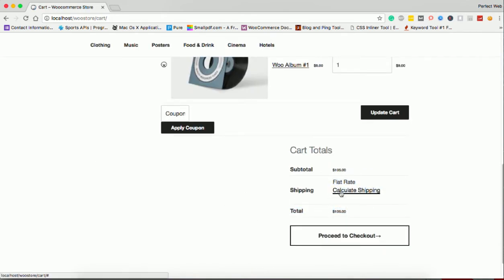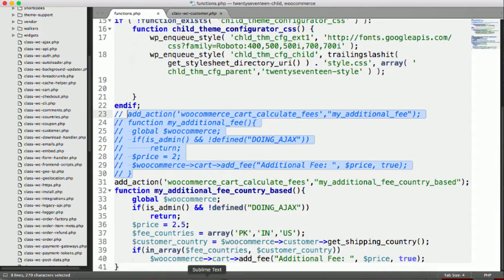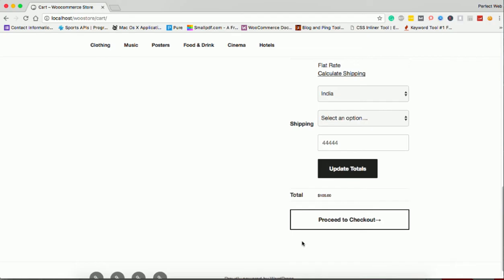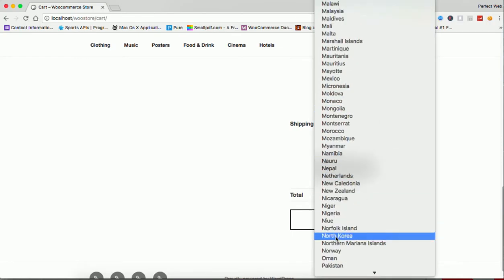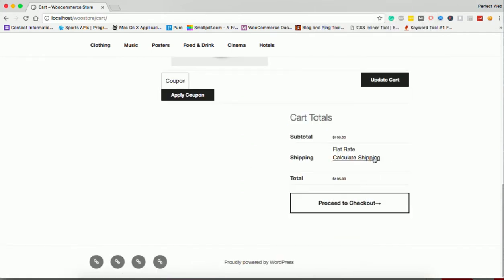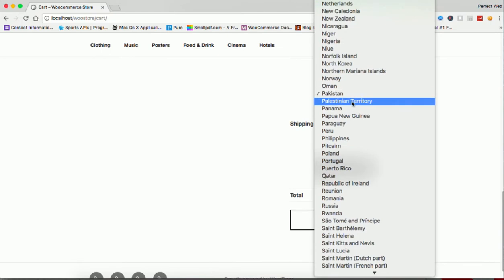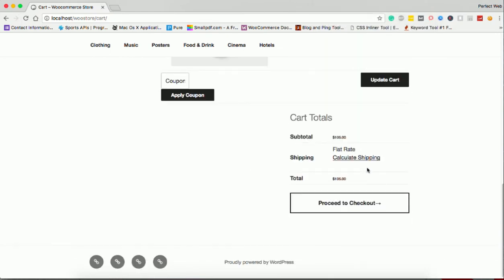It is only showing this because India is selected, and if in_array fee countries, customer country, get shipping country, customer shipping country, and if I select Pakistan here and update, it won't add anything. And if I select any other country like Oman, let me reload the page.